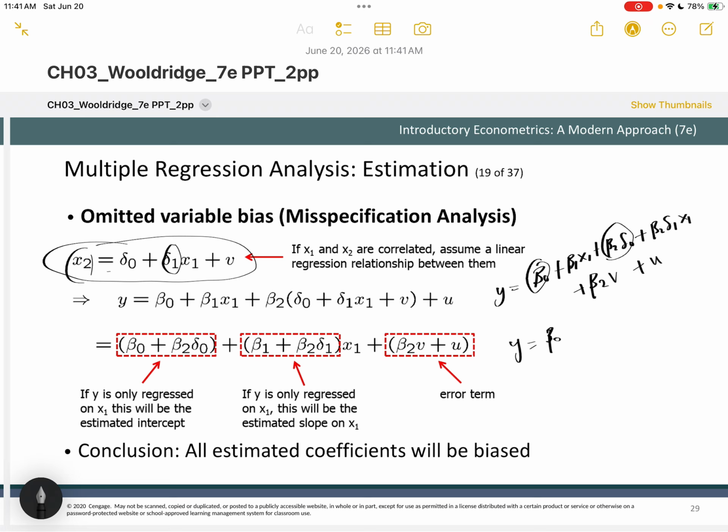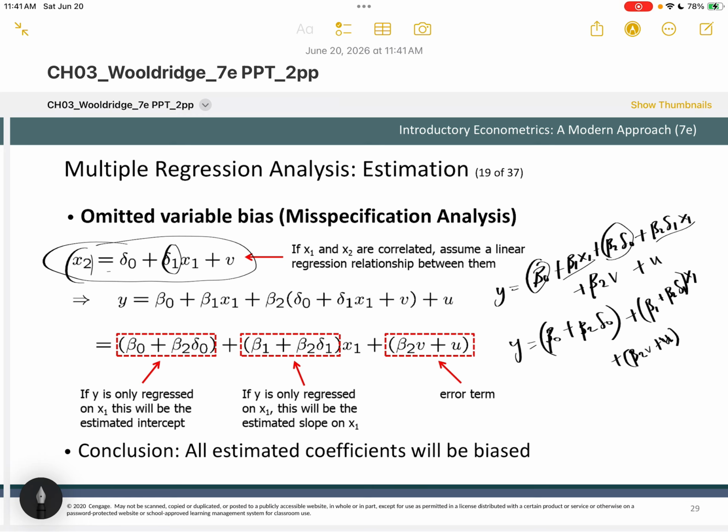I'm going to group that with beta 0 plus beta 2 delta 0. Okay, plus, now do you see this one has an x1? We'll try to group those, right? So we have beta 1 plus beta 2 delta 1 times x1 plus beta 2 v plus